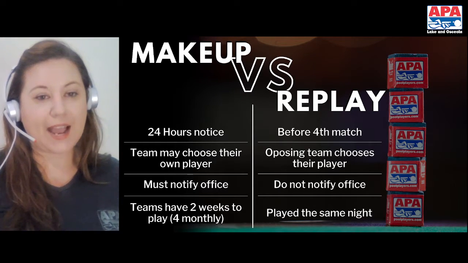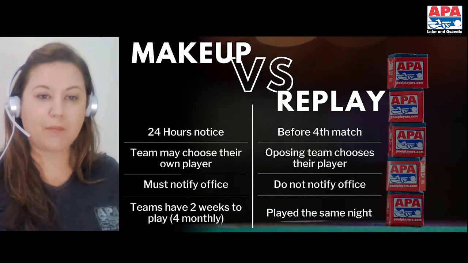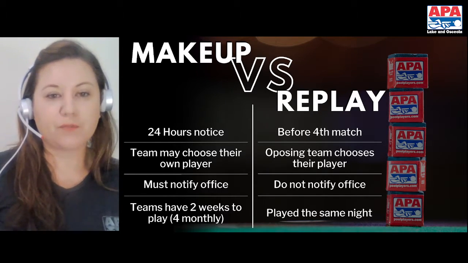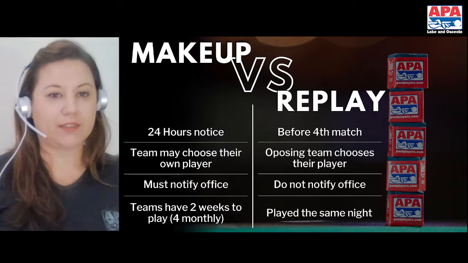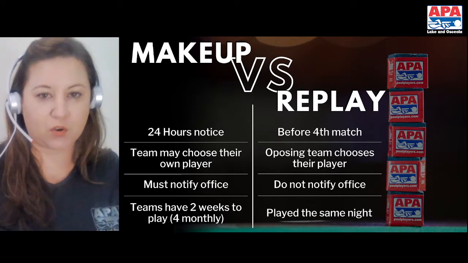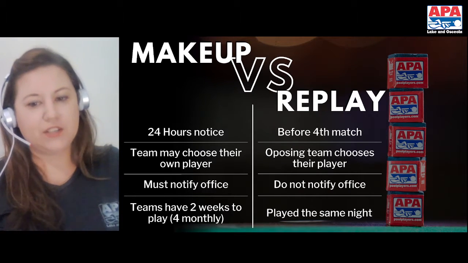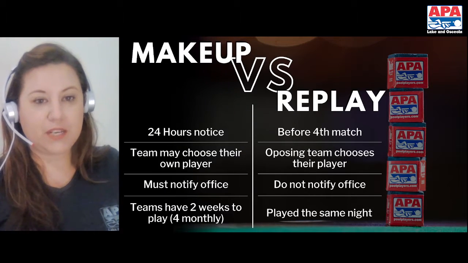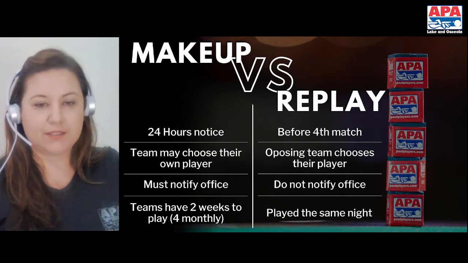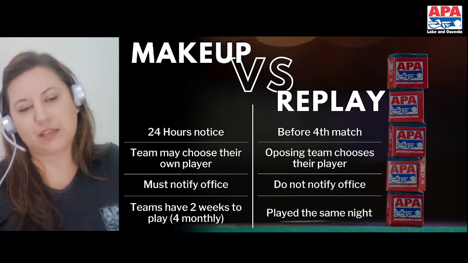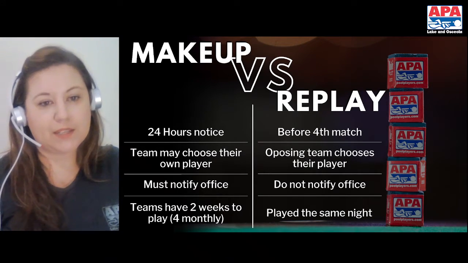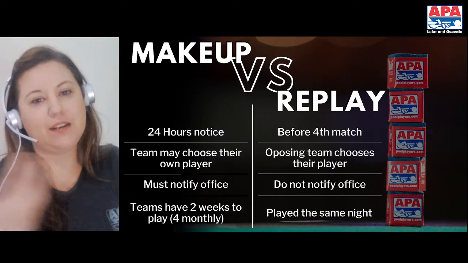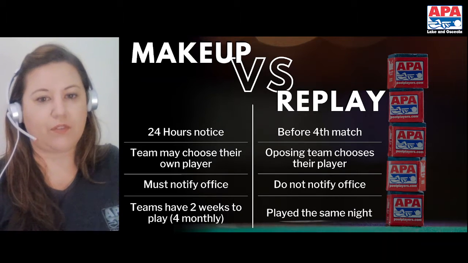One of the things that has become more of an issue is the makeup match versus the replay. Understanding the rules and the differences between them. So if my team is aware that, let's say I have 4 people that are going on a cruise in May, so I know ahead of time that I'm only going to have 4 people there that night, I can let the other team know at least 24 hours in advance that we're going to be short players that week. We can either pre-play those matches or we can schedule a makeup. Once I've alerted the other team, they can give me a couple dates, and then I need to coordinate my schedule around the 2 dates that they have available.